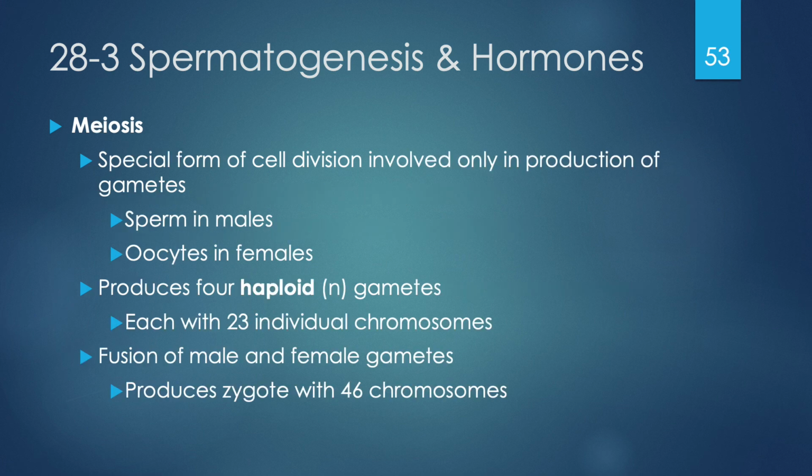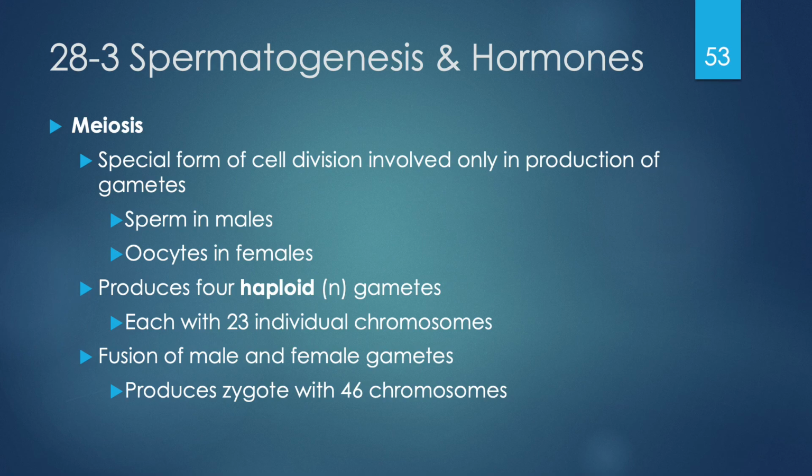Meiosis is a very special form of cell division, and it only occurs when we are producing gametes. So meiosis does not occur with our skin cells or our muscle cells or anything else throughout our body. It is only going to occur when we are producing sperm in males or oocytes in females. So the outcome of meiosis is that there will be 4 haploid gametes, which are abbreviated lowercase n, and each of these will have 23 individual chromosomes, not 23 pairs of chromosomes,